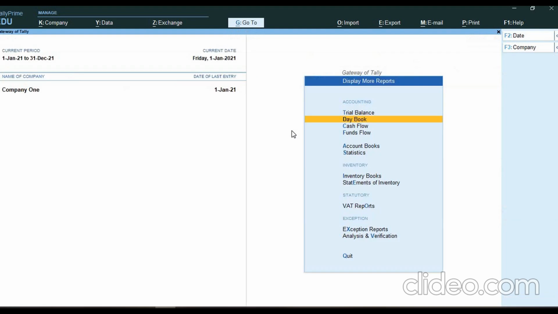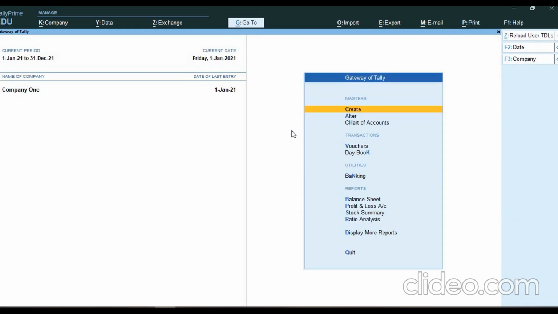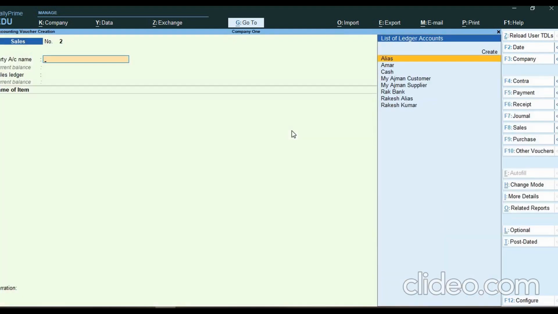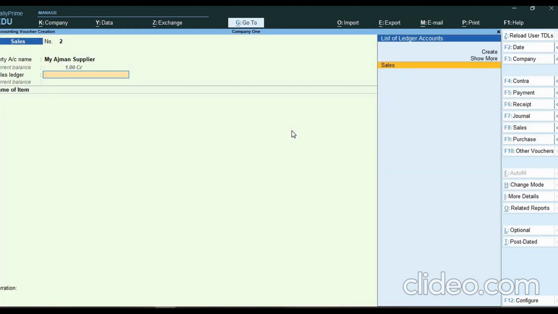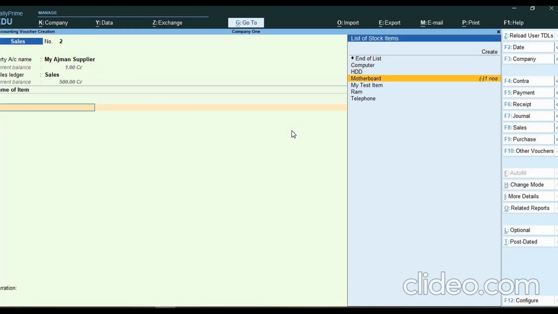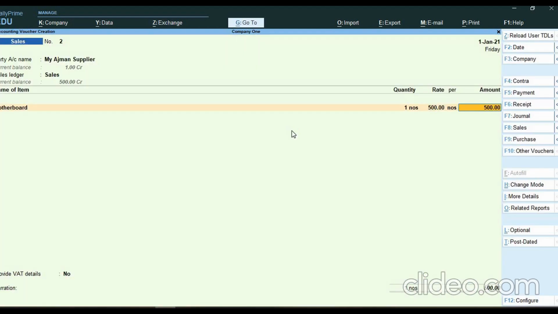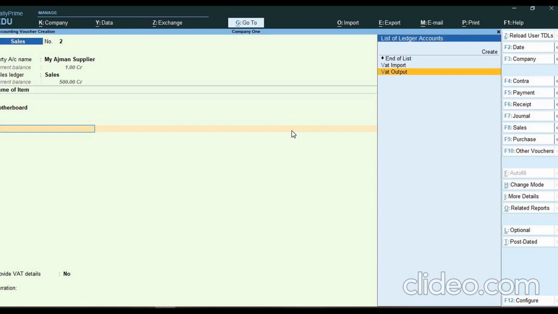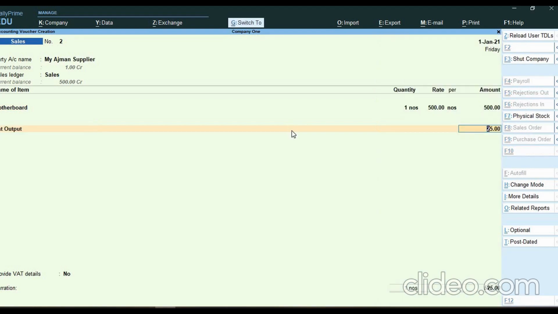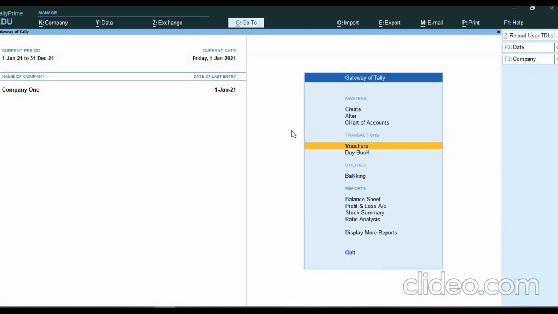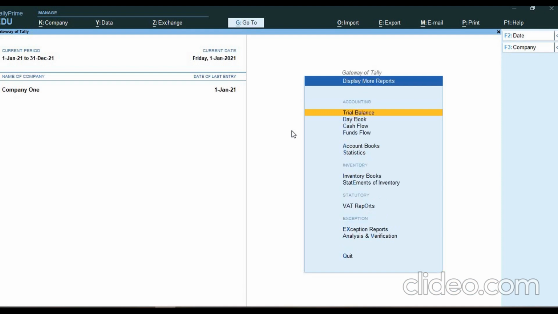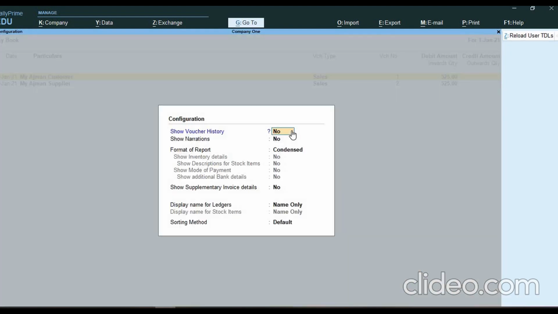So let's go. Suppose this time I will make one invoice here, right? I'll go to sales invoice here, I will mention some customer details here, and I just put some item and put some quantity, rate, and so on, right? And apart from that I just make some taxes as well and save the voucher. Now guys, if I go back to my display daybook here and I press F12 here, enable the detail, guys,